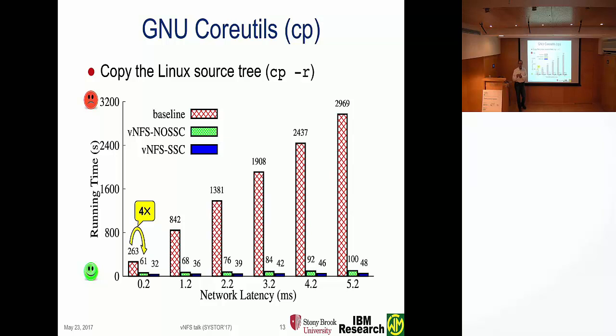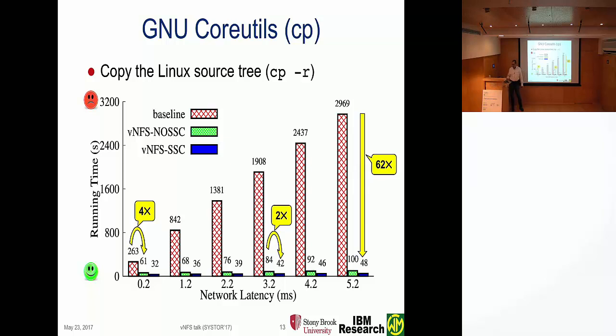So even if you're not planning to use NFS all the way to some faraway place, this technique is still beneficial. Now, server-side copy gave you another 2x factor on top of the improvements. And when you go to 5 milliseconds, you get already a 60-plus performance factor. This is already 50 minutes of runtime. A lot of the experiments, we had to wait for this to finish. And we're talking about hours and hours of runtime for repeated experiments.